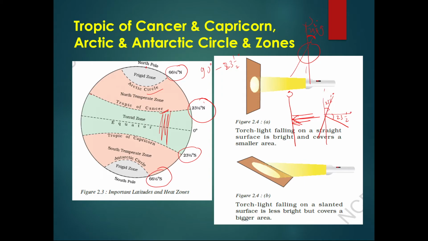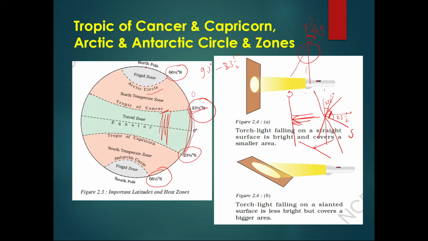Now you can see when it will be perpendicular. So when the sun will be here, and accordingly when the sun comes this way, you will see it here. So this will also be 23.5 degree. So the sun is getting overhead from this latitude to this latitude only, exactly overhead. Beyond this latitude the sun never goes overhead.